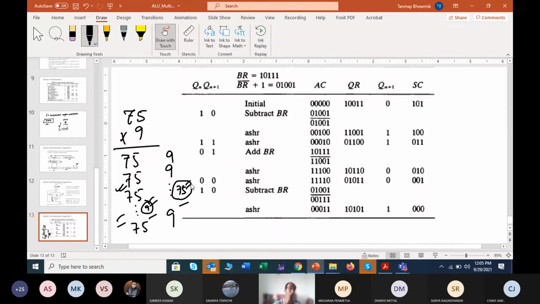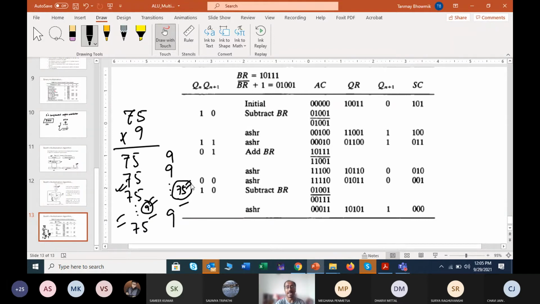But if you think from the hardware perspective, it is not so much useful. That is the point. From the resultant view, you will get no problem, you will get the correct result, always you do the same thing. But from the hardware perspective, it is better to keep the multiplier smaller. Then we need to perform a smaller number of addition operations. Okay, so this was the initial consideration.